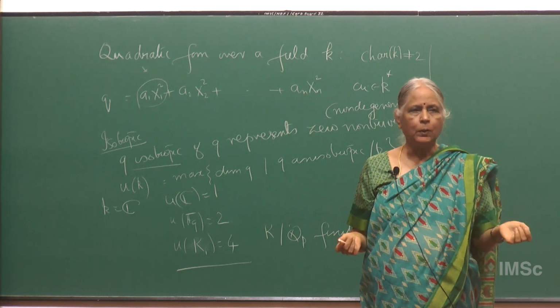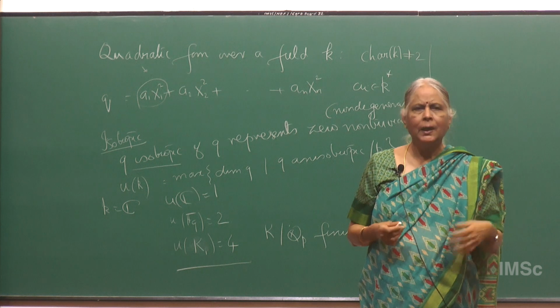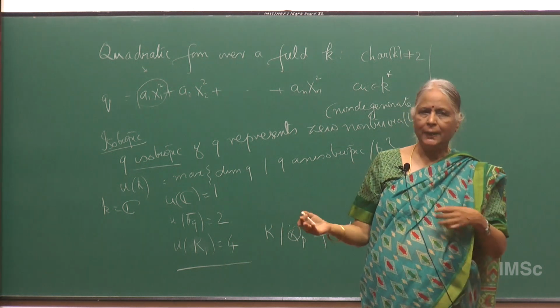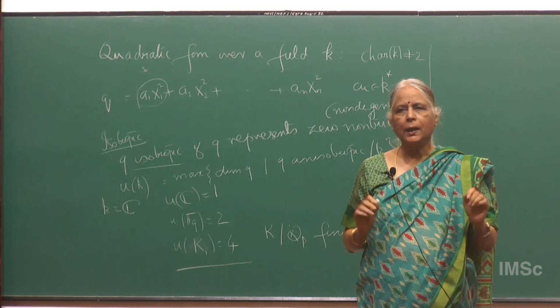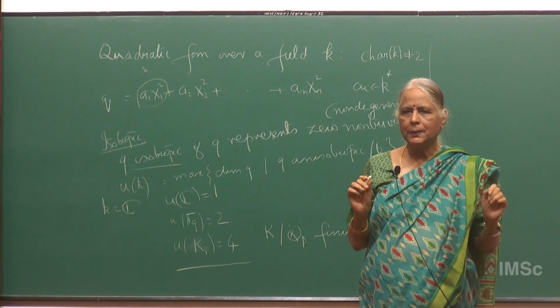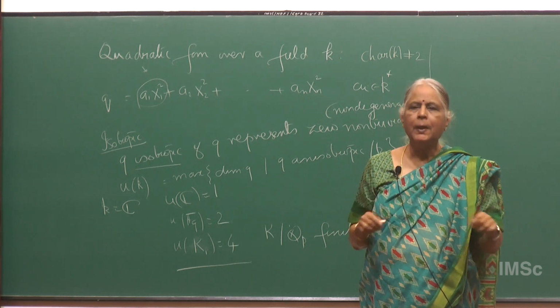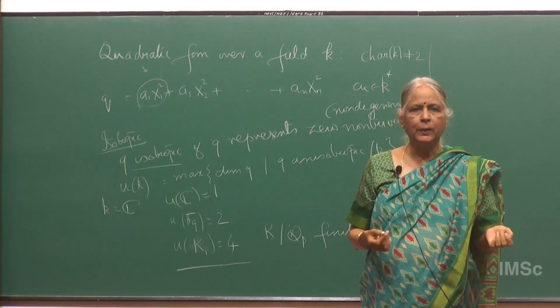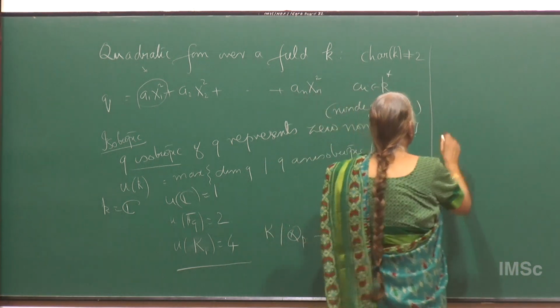So it's very easy to conclude when a form over the reals represents 0 non-trivially. And in the same way, even over the p-adic numbers, using this kind of Henselian property, it's not too difficult to check when a quadratic form represents 0 non-trivially or not. It is not that difficult an exercise. So the local conditions are easy to verify, and therefore the theorem of Minkowski